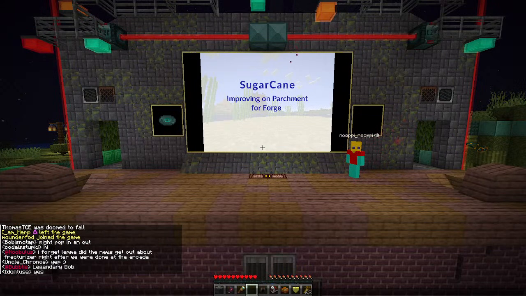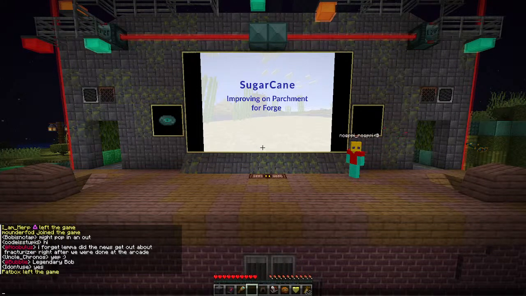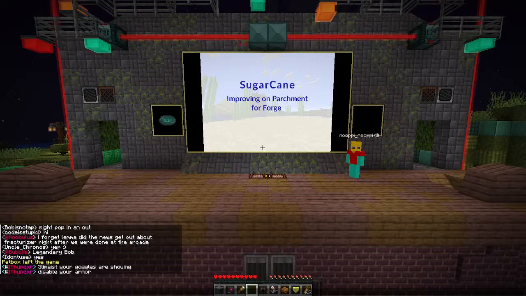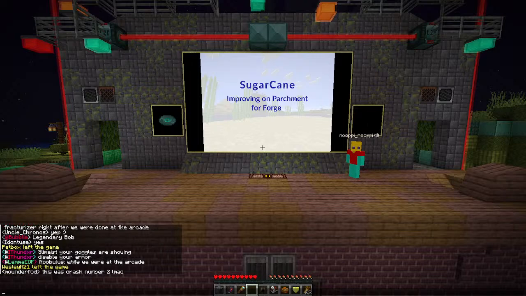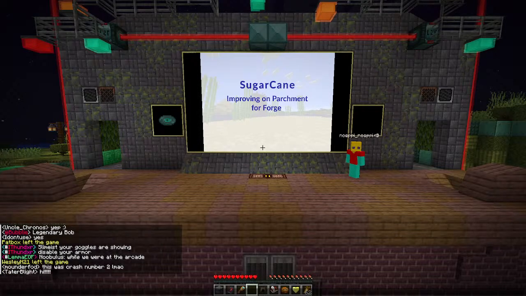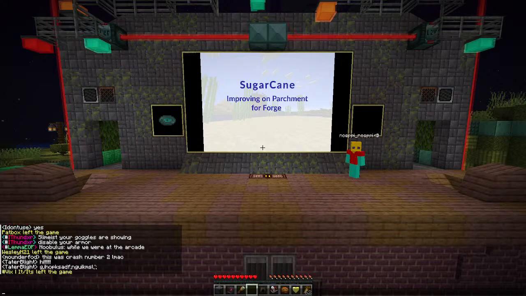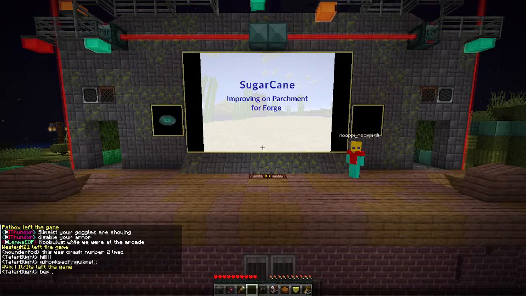As you might have seen, I'm going to talk about SugarCane. In short, SugarCane is a set of mappings that uses the same data as Parchment. So it uses the Parchment data, but it removes the P prefix on Forge. So if you are not using Forge, you're probably not that familiar with that prefix and why that is anyway,